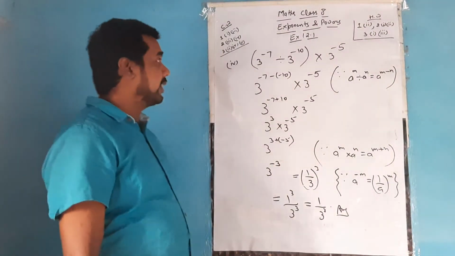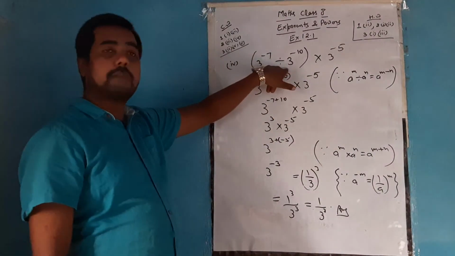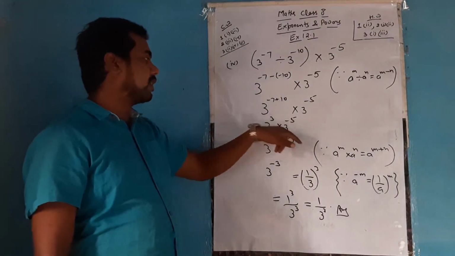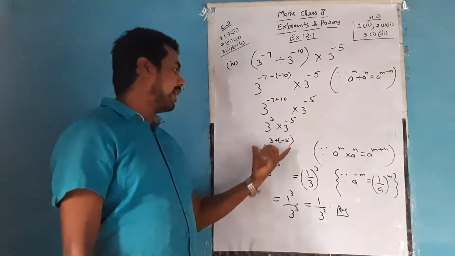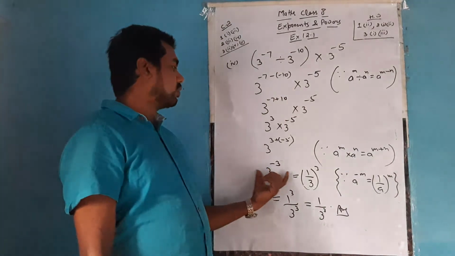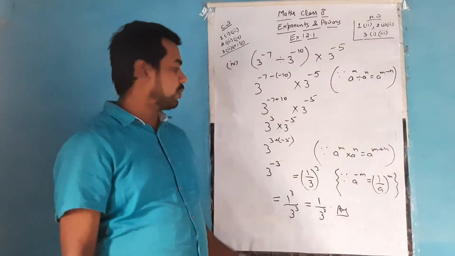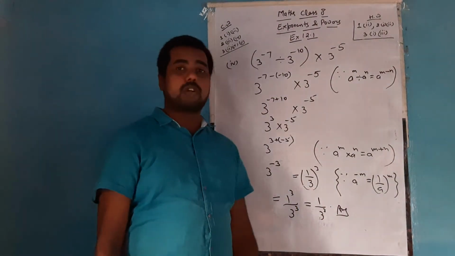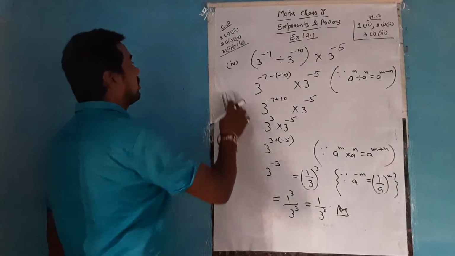I hope this must be clear now. I have applied only the first and second law. For solving the bracket part, I have applied the second law, that the powers are subtracted, and then after reaching here, as you know that bases are same, the powers will be added. Then I have added, and as we need to write the answer in the form of positive exponent, this would be converted in this form as exponent. When you are having a negative exponent, then you have to make the reciprocal of the base, and after making the reciprocal of the base, this will be your final answer. So this is question number 2 now.